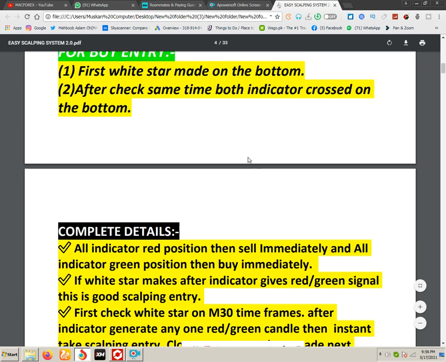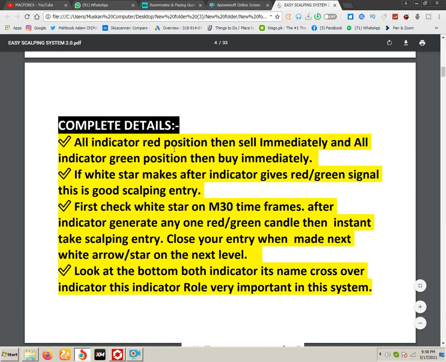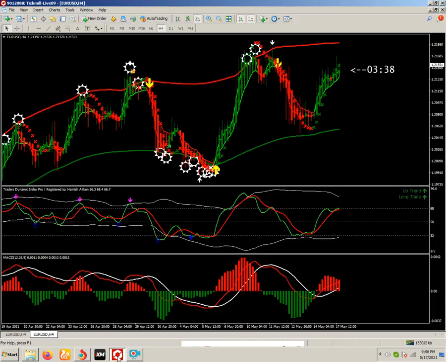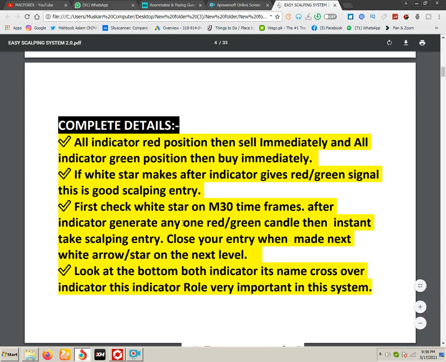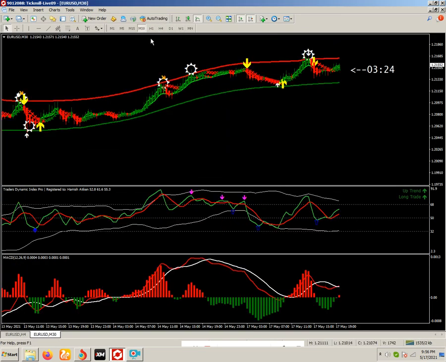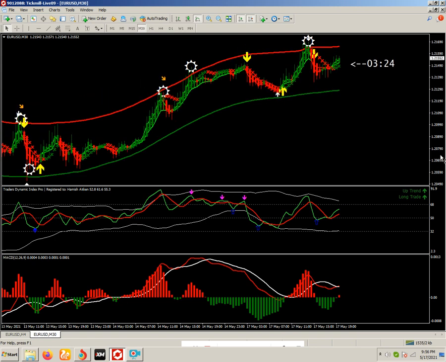So now, the complete detail is: when all indicators are in red position then sell immediately, and when all indicators are in green position then buy immediately. I hope you understand when you see this chart. If a white star makes after the indicator gives a red or green signal, this is a good scalping entry. Basically this indicator is designed for scalping, like you can see here in the 30 minutes time frame you can trade. You can get very good results if you trade in the 30 minutes or 15 minutes time frame,